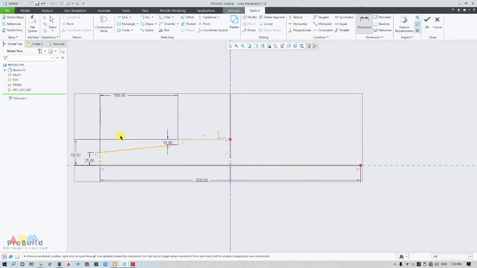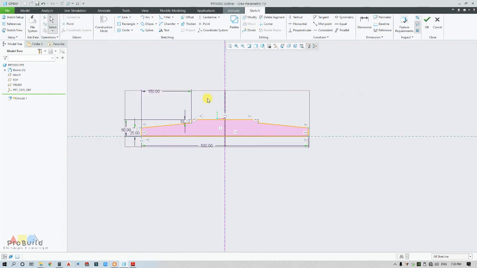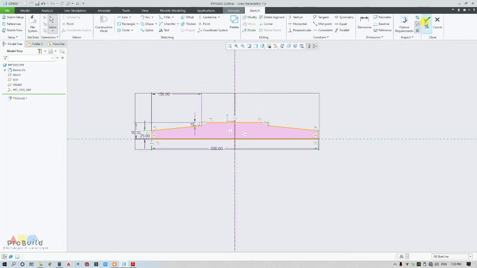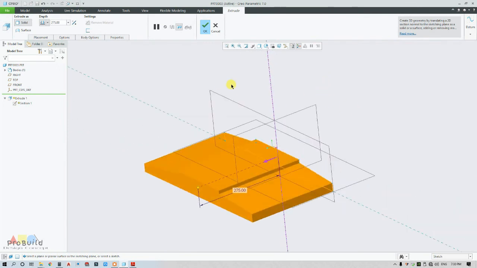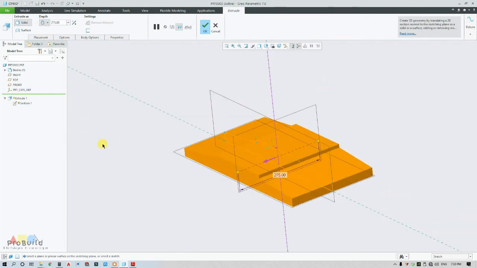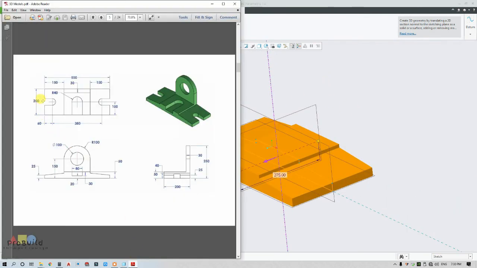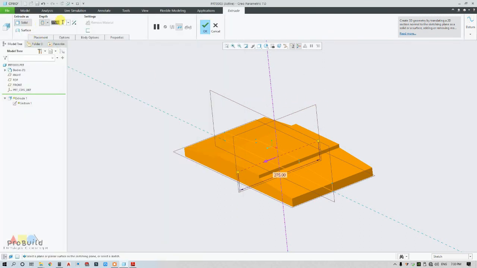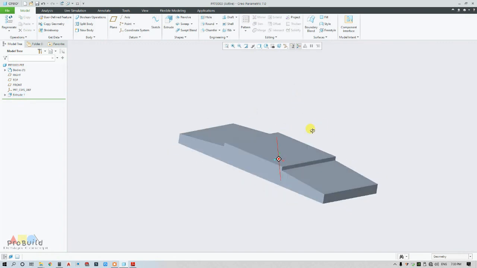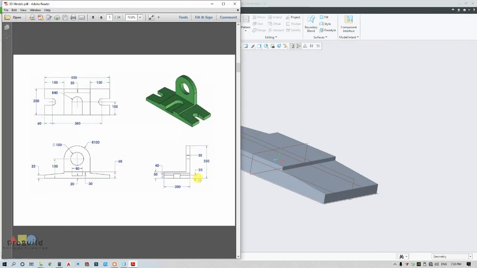So my half of the sketch is over. So I need to 2D mirror it. I'm selecting the required lines to be mirrored, choosing this mirror option, and clicking the center line so that the entire sketch is ready now. So I'm going to click OK. With symmetry, I'm going to extrude to 200. Okay, so this is my base part that has been acquired.